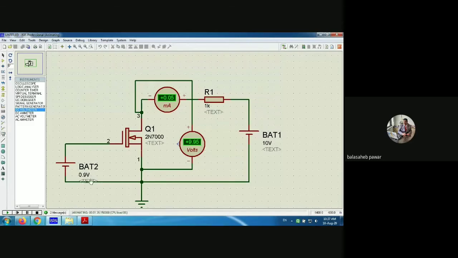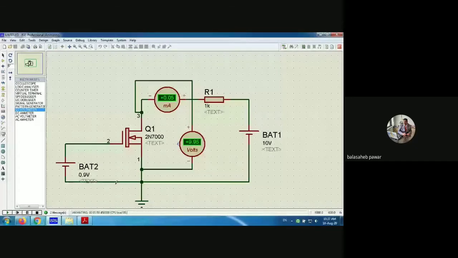So this 0.9 is the practically determined threshold voltage of this transistor 2N7000. As per the data sheet, it was given to be between 0.8 and 3 volts. Practically, we determined the threshold voltage of this transistor to be 0.9 volt. Do you agree with this? So at 0.9, note down in the second column that the current is 0.05 milliampere, and in brackets next to that 0.9 in the first column, note down that this is the threshold voltage, right?